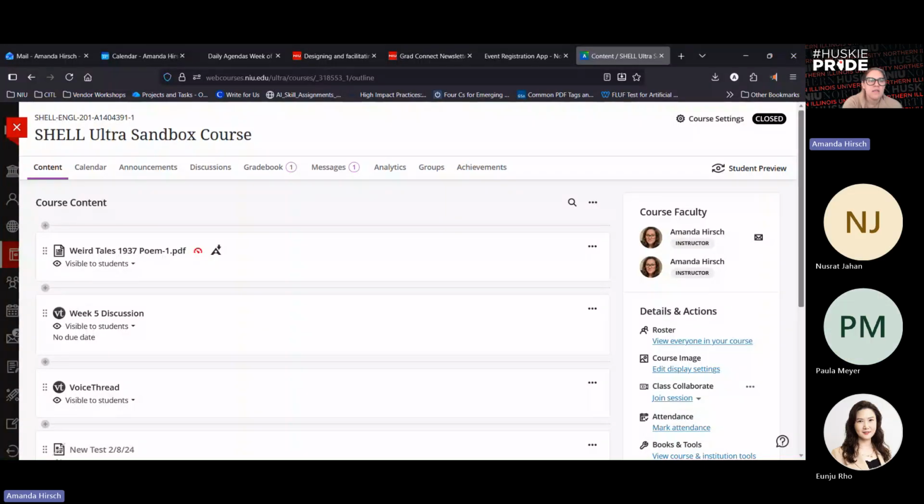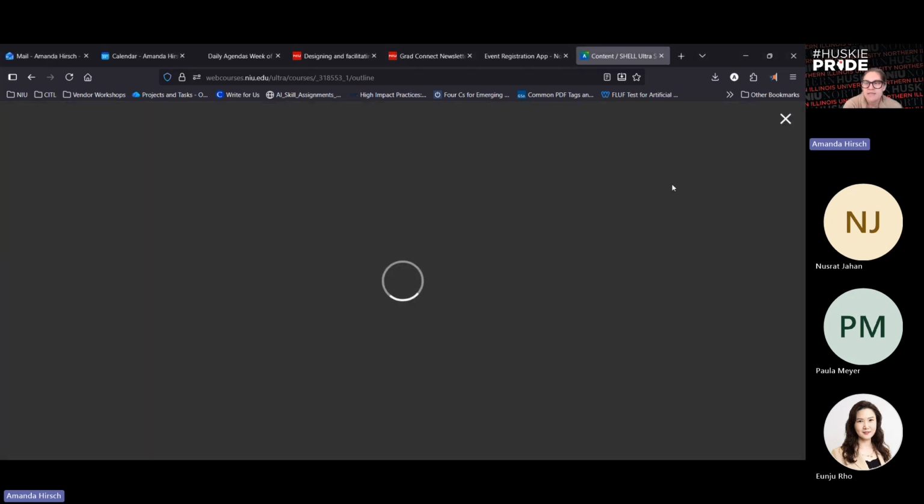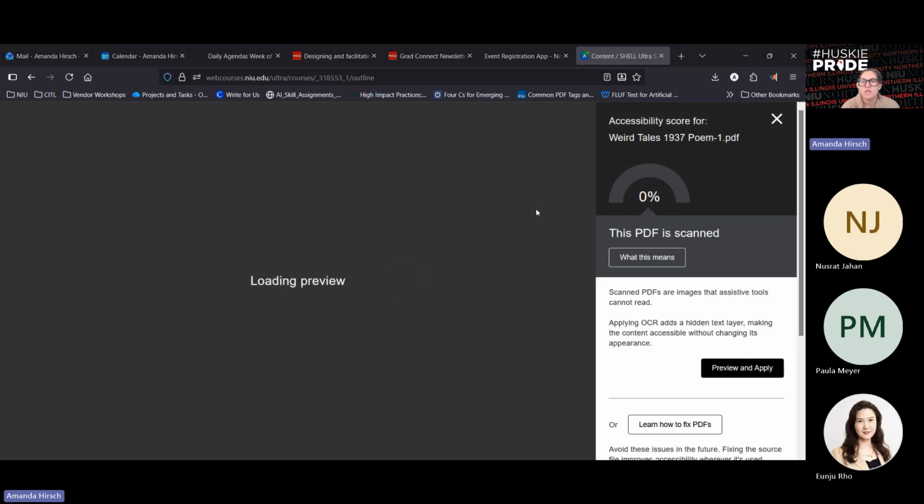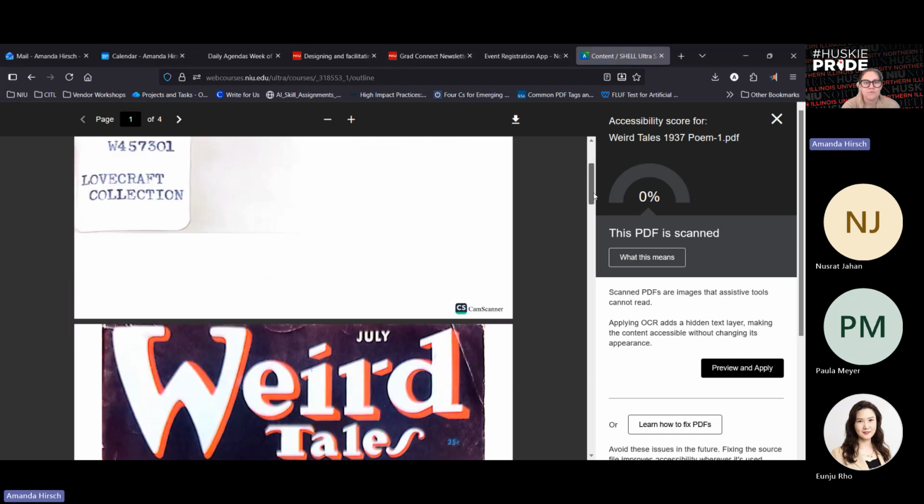Okay, so here's my document. It's got low accessibility. It's a scanned document. This is something that I scanned for myself, not for students. So I'm using it as an example because I'm personally going to be using it, but nobody else is going to. So we'll click on that icon and it will take us to our accessibility score,